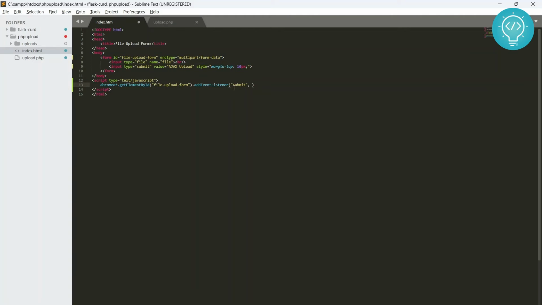And once there is this event, we pass it to a function, and that function will first prevent default. That means it will prevent the default action of the HTML form,